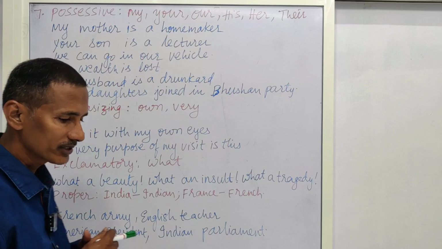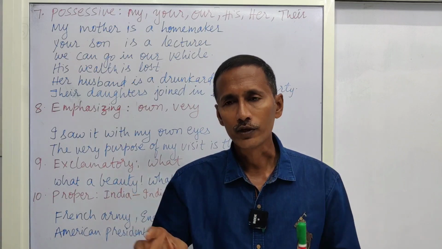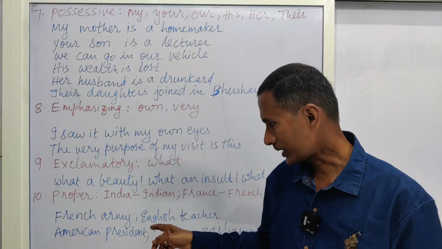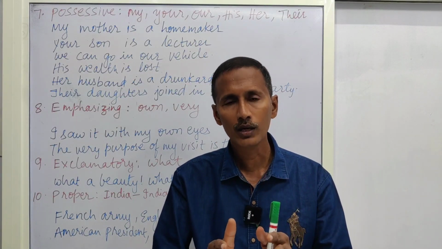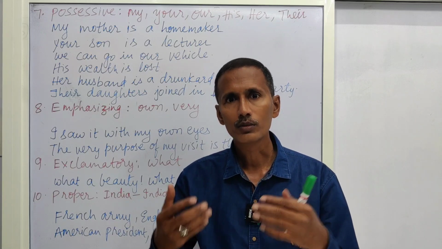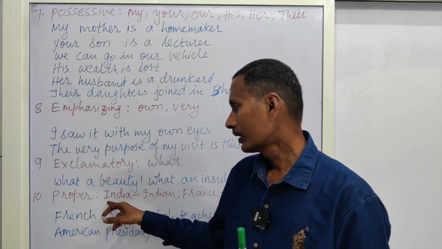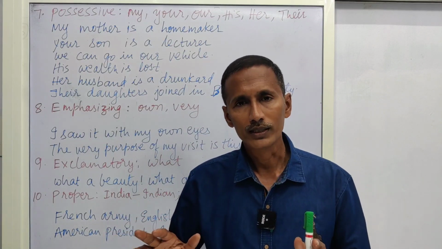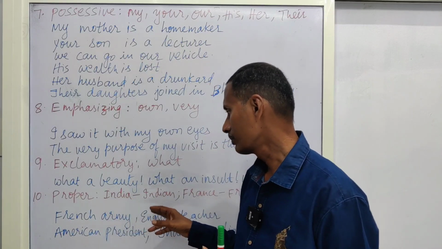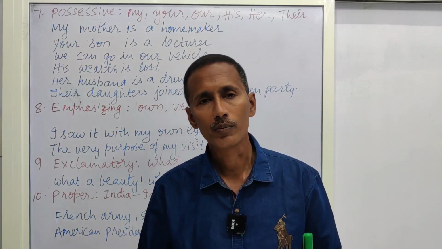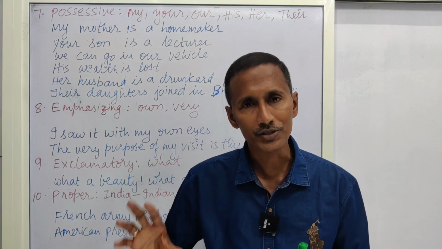Next come proper adjectives. Just go through my videos on kinds of nouns, proper noun, common noun. Now try to come to this proper noun. What is the meaning of proper noun? The name that is given to a particular person. Bhushan, it's my name. There is no other Bhushan. In the same manner, India: there is no other India. India is the only country on this globe. So France, India, Germany, etc. are called proper nouns. The word which is derived from that proper noun is called a proper adjective.